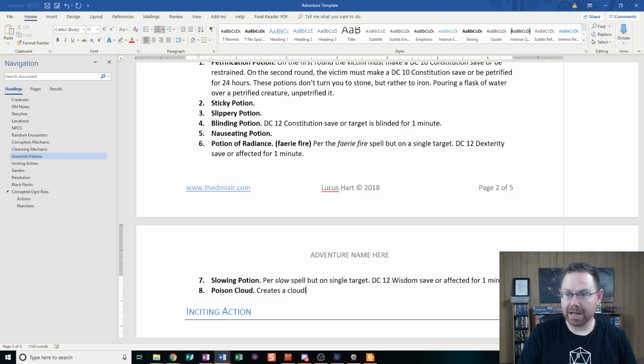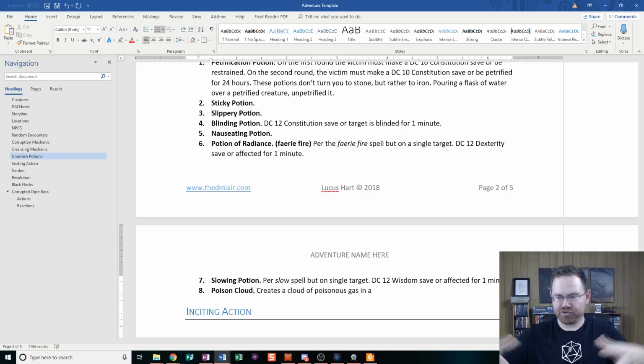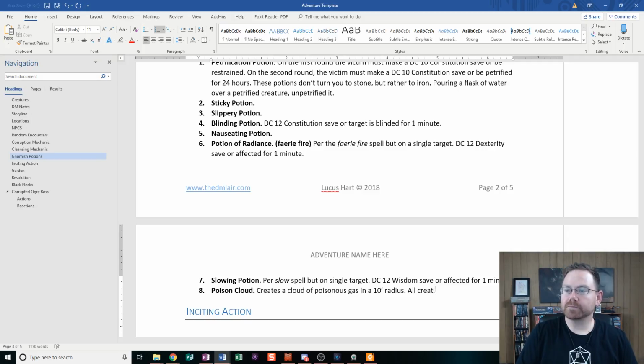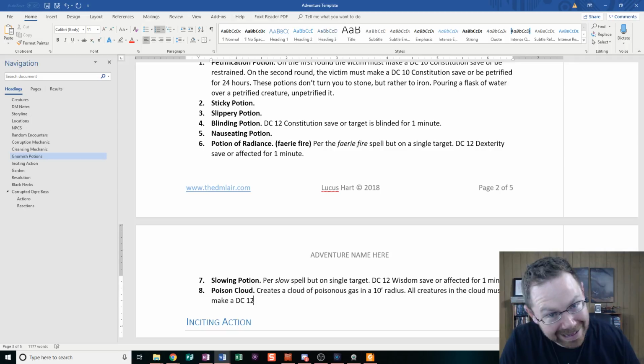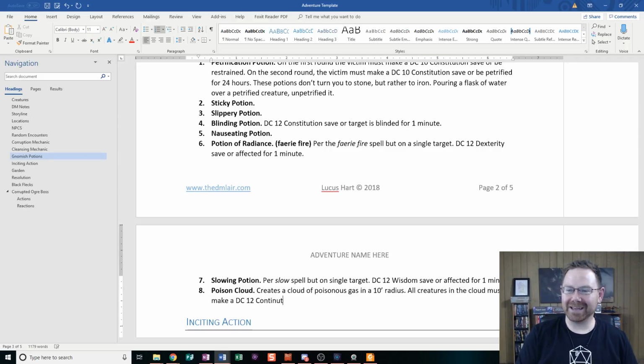Creates a cloud of poisonous gas in a... What do you want to say? A 10-foot radius? A 10-foot radius is reasonable, right? A 10 feet radius is pretty big. That'll work. In a 10 feet radius, all creatures in the cloud must make a DC 12 Constitution save, which